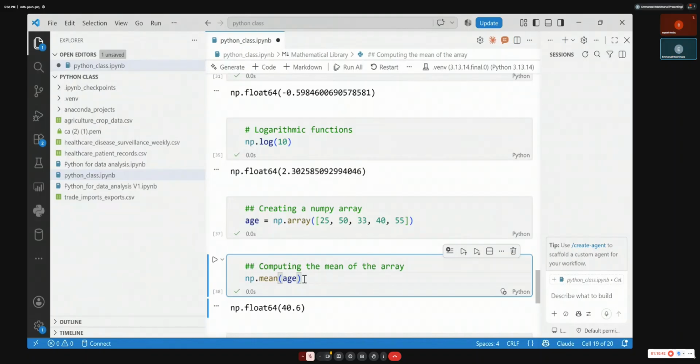Give it a name, and instead of using 1, 2, 3, 4, 5, just put some random numbers, which is much better than this. You see the average? You can wrap it inside the print or whatever you like, or you just put it the way it is.